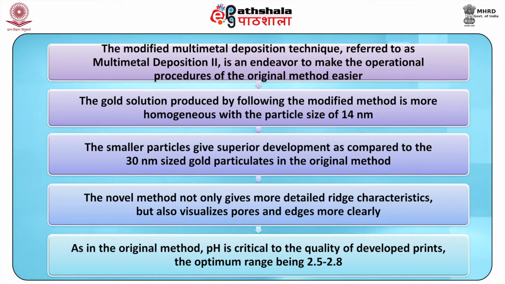The gold solution produced by following the modified method is more homogeneous, with a particle size of 14 nanometers. The smaller particle gives superior development as compared to the 30 nanometer sized gold particulates in the original method. The novel method not only gives more detailed, rich characteristics but also visualizes pores and edges more clearly. As in the original method, pH is critical to the quality of developed prints, the optimum range being 2.5 to